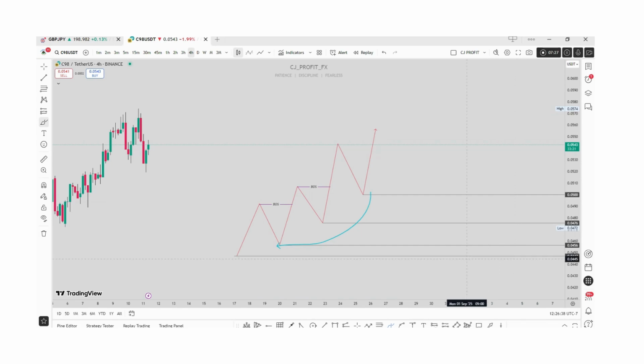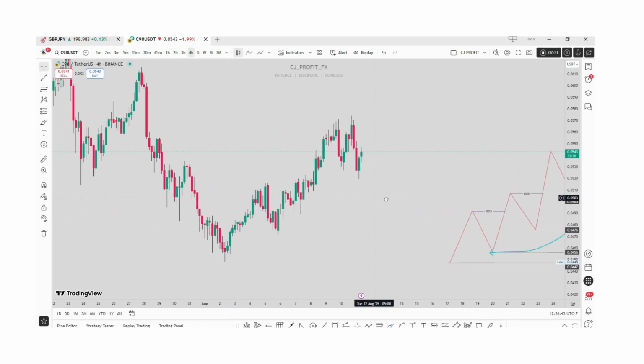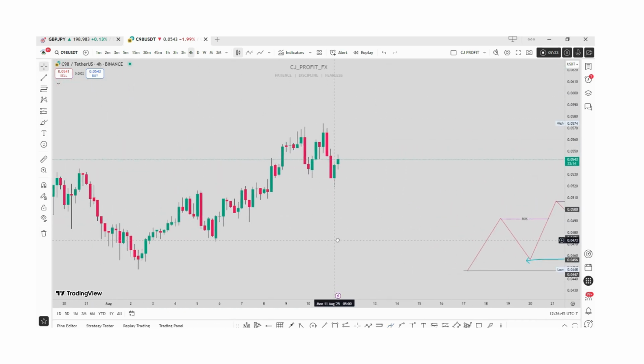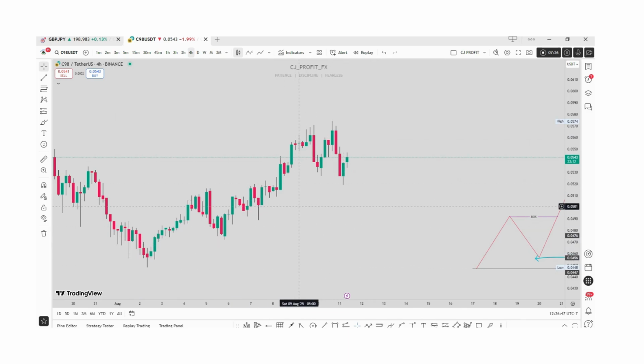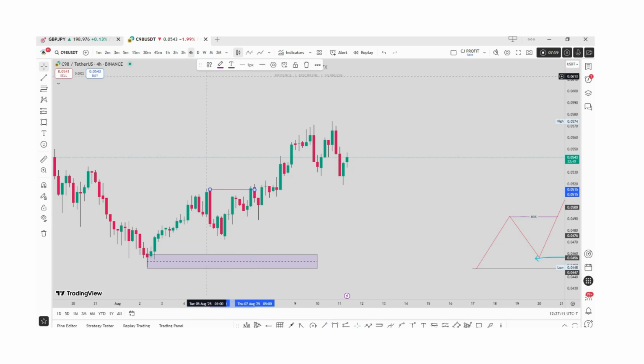So let's go to our chart. Now, let's take for instance, we want to make a decision at this point. We have this area as our protected low, which the market has not mitigated. This is our protected low. And in that protected low, the market makes a move that takes out this structure, which is, we have a break of structure here.